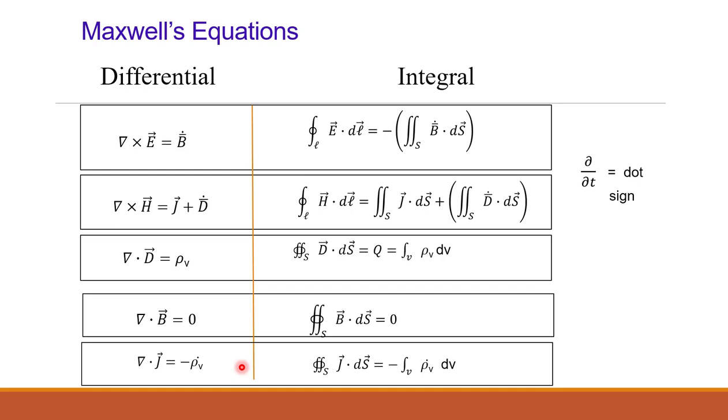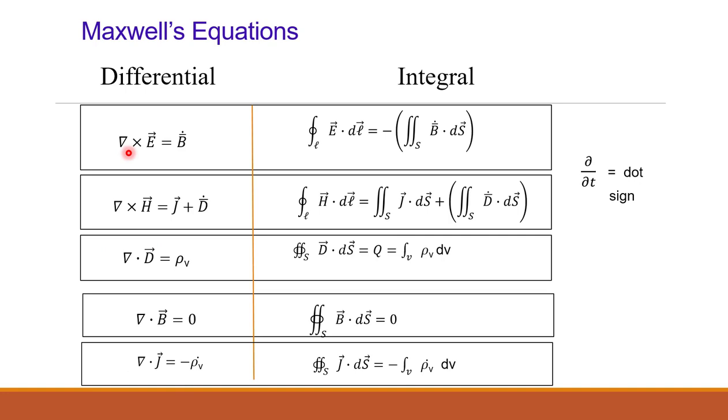First, when there is a variation with respect to time in any of the Maxwell's equations, we can replace it by a dot sign. This is a norm which is stated, because later on we are going to use double differentiation. Instead of writing double differentiation, we can just write double dot, so that it is easy to write. So dou by dou T, that is variation with respect to time, is denoted by a dot sign. We will consider the time varying equations and replace all dou T terms by the dot sign. So again let us see those equations.